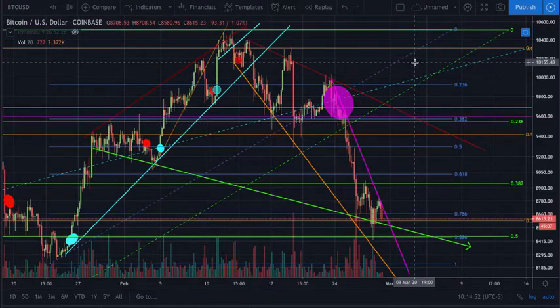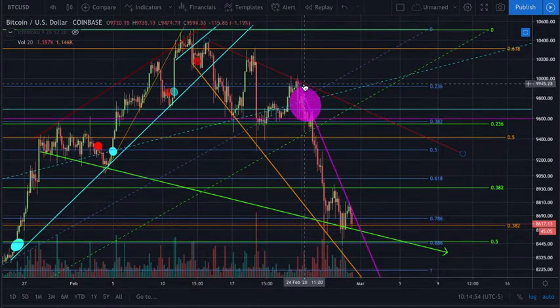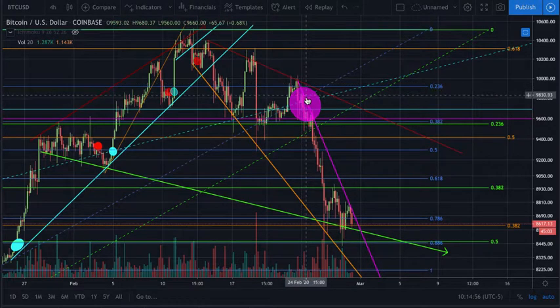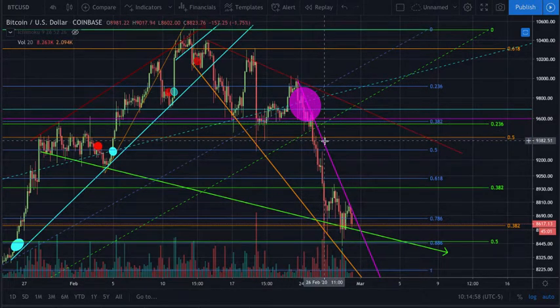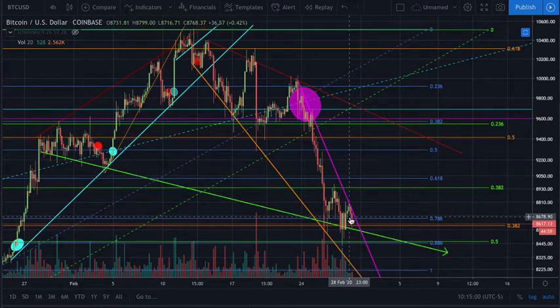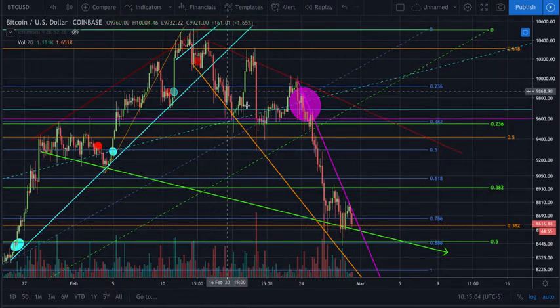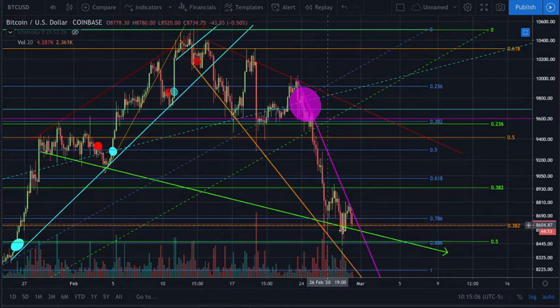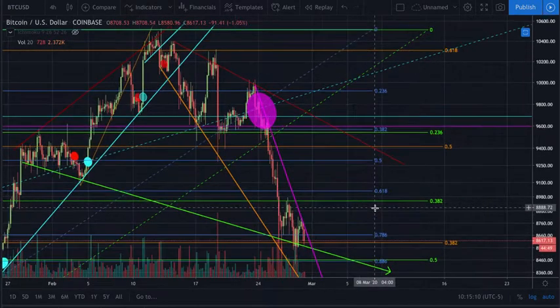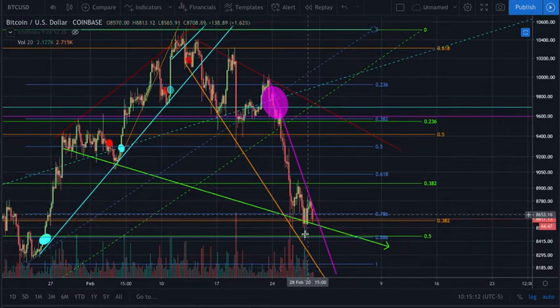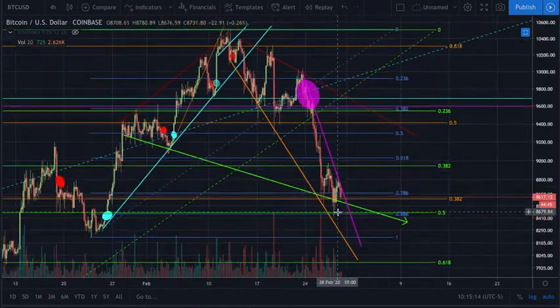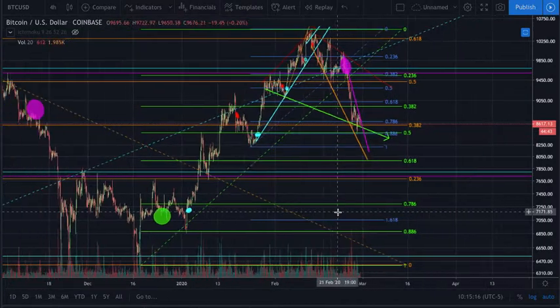But anyway, now you'll see we also started basically finding some serious resistance on this descending line inside of our broadening wedge. And now here we are, we're all the way at the bottom of these three lines in purple, orange, and green, and we're in line with the 0.5 Fibonacci, the 0.786 in blue, and then on our broader time frame,